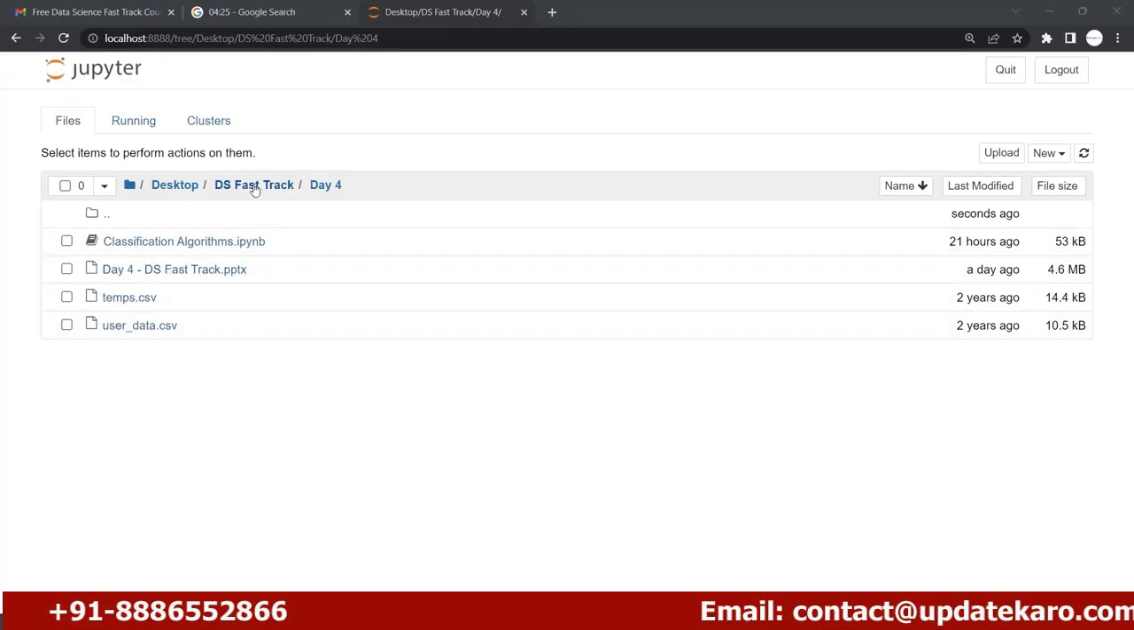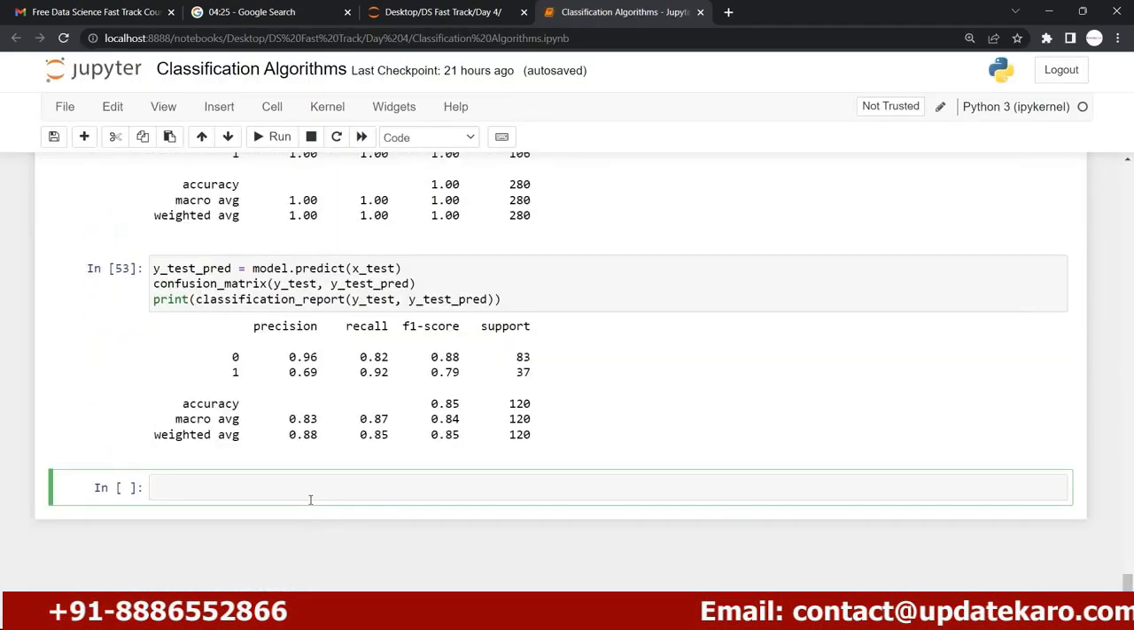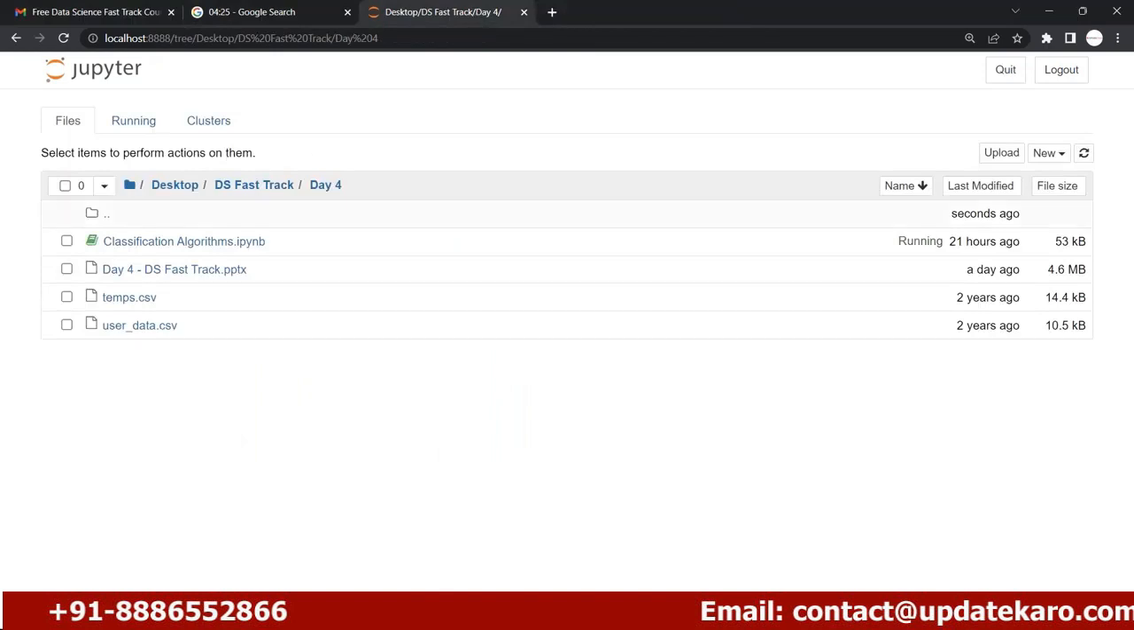So here you can see that this is my classification algorithm. We were talking about this particular notebook, and let's go to the below part. Now, instead of this, we can simply create one notebook. I can share that notebook with you after this session, right? I think that might work. Okay, let me create the new notebook,